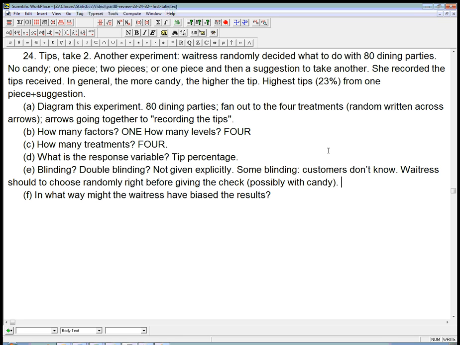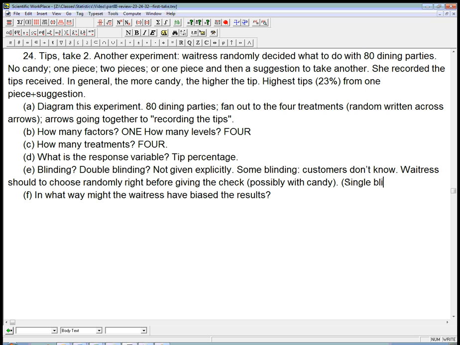As we said in 23, if she knew at the start, if she just said, here's a table coming in, I'm going to roll the die, or do whatever randomization procedure she has, right then it might subconsciously influence how she interacts with that party. It's actually quite likely. It's known that kind of thing can have a strong effect on interactions. So they're not quite clear on how much blinding there is, but it could hopefully be quite well single blinded. So that's single blinding,